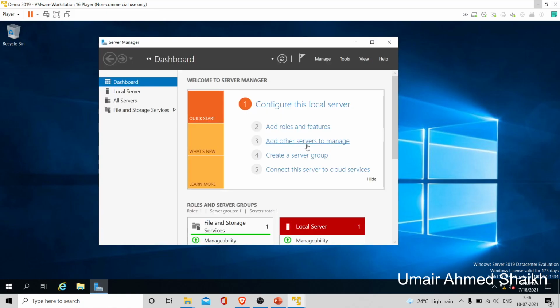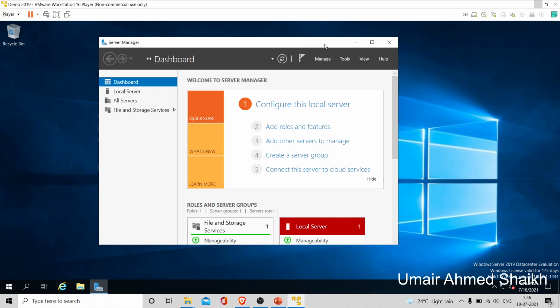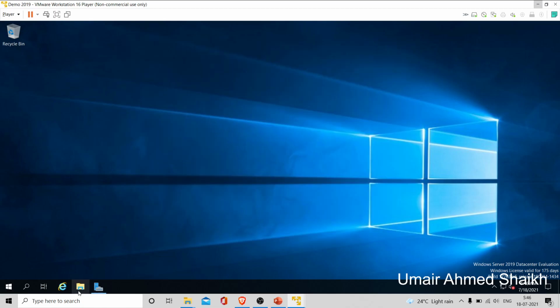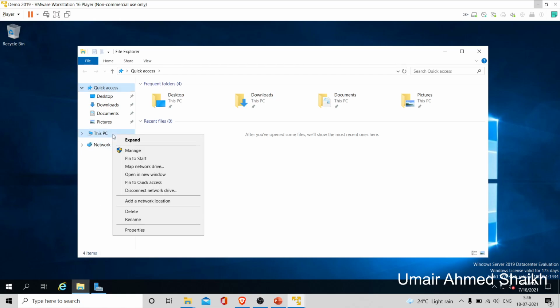Back to our Server Manager. As I mentioned, it is all blank. There are no options to add users or computers, and this is also not yet promoted as a domain controller. So the next step is I'm going to go into my properties,